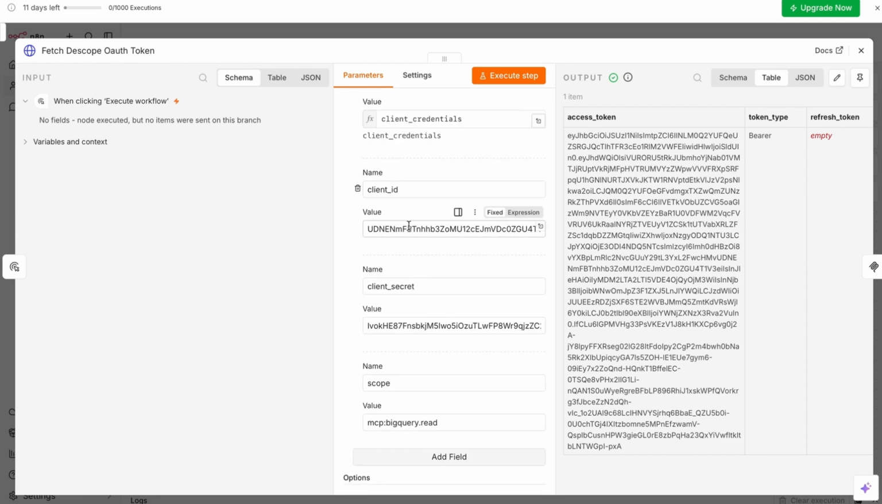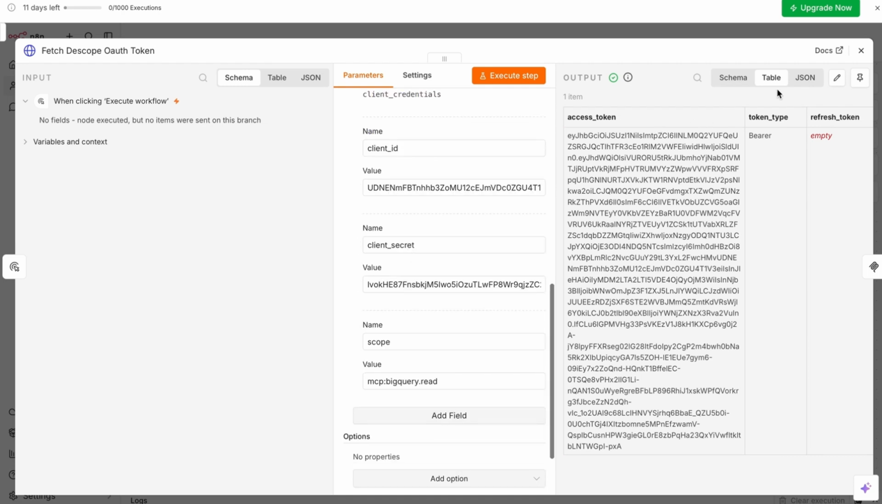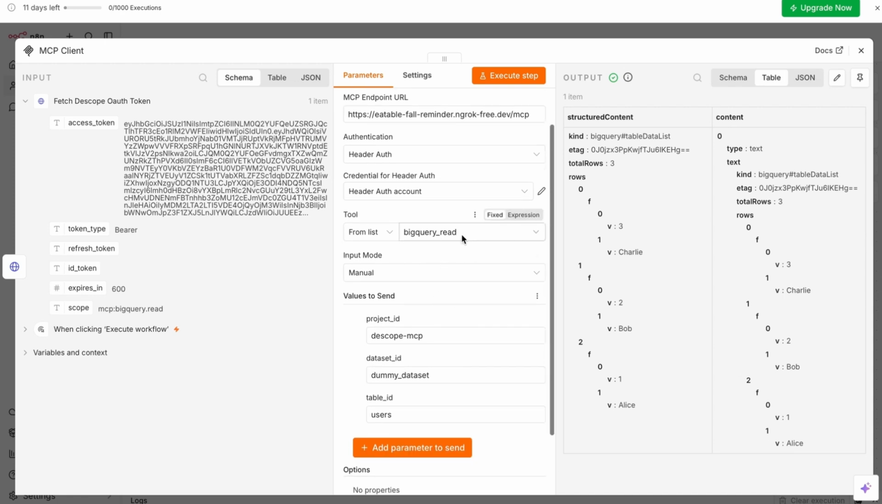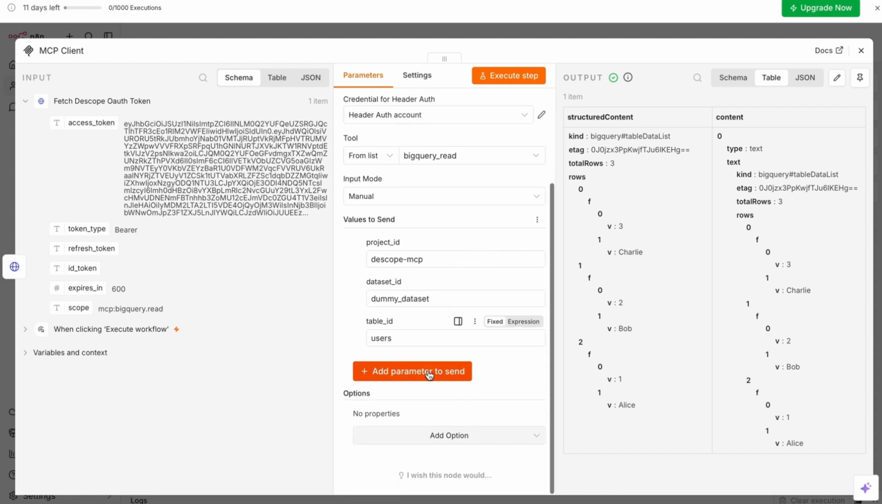Descope checks the policy and hands back a scoped access token, which you can see over here. That token then flows into the MCP client node. We point it at our MCP server endpoint, set the authentication so the token is passed along, and select the tool that we want to call. For this workflow, we pick BigQuery read and fill in the project, the dataset, and the table that we're reading